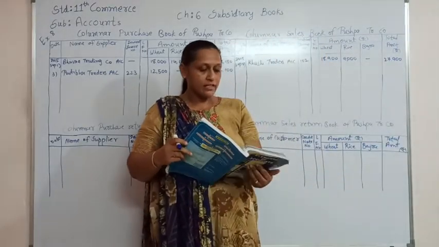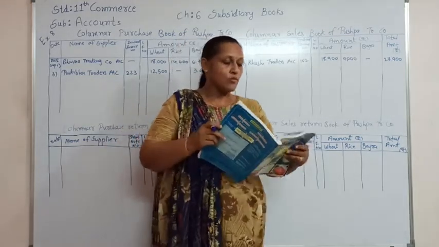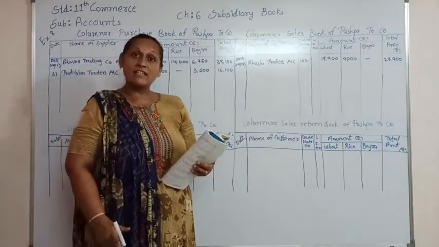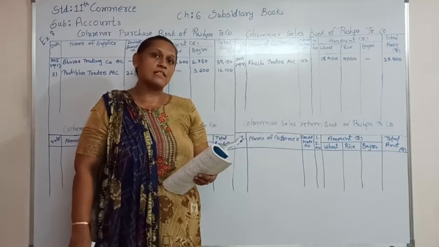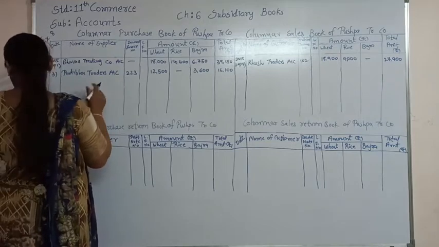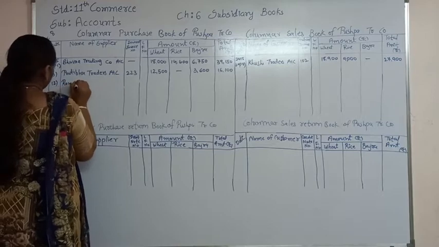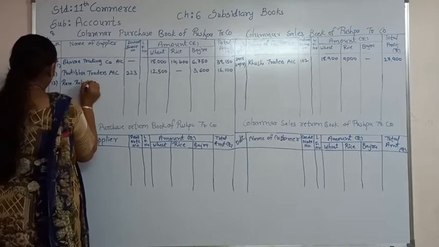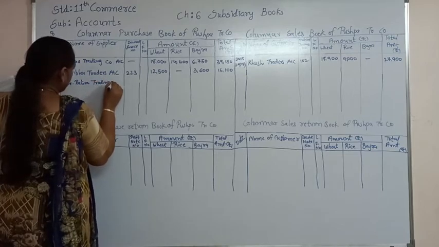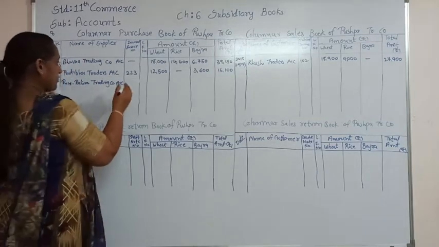Purchase from Ram Rahim Trading Company 300 kg of wheat at rupees 15 per kg, 50% amount immediately paid. So it is a 50% cash transaction, but here we are considering the whole transaction as a credit transaction, and we are going to write it in a purchase book, as we have purchased the goods from Ram Rahim Trading Company account. So here, and invoice number is 250.